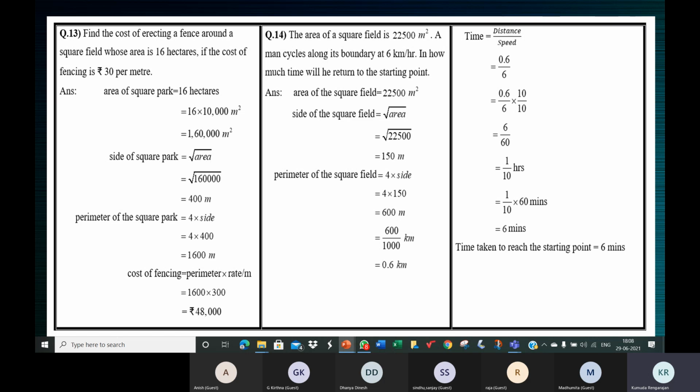Okay, and the next thing is that we cannot decide that. That is already decided by the plot which you own. You already have a square plot, right? So you cannot decide that I want to put up fence only till so much length. Whatever is the perimeter, if you want to protect your land, that will be the length of the fence. So supposing the perimeter of the square plot is 100 meters.